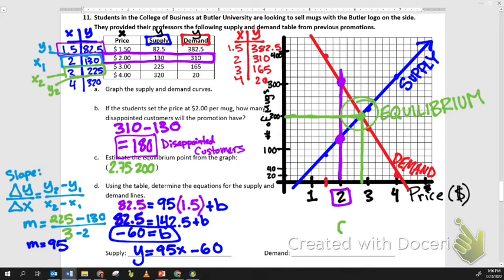And then I get to do the same thing for my demand equation. So we already know what to do for slope. We're just going to pick two of our points. For this one, maybe I'll pick when x is 3 and 4. So I have 3, 165, and 4, 20. And to find my slope,